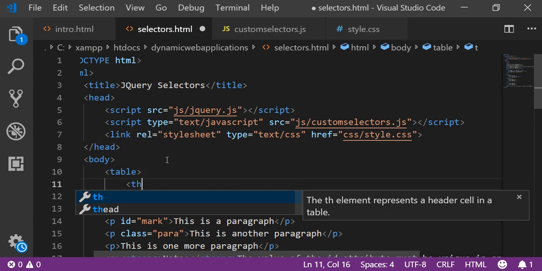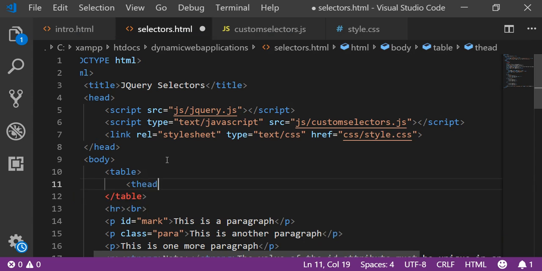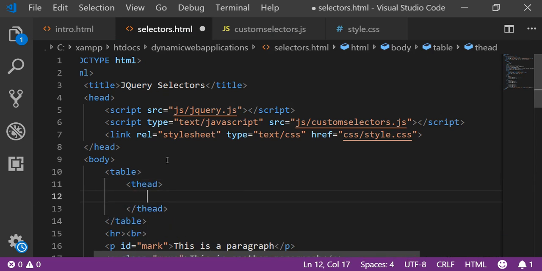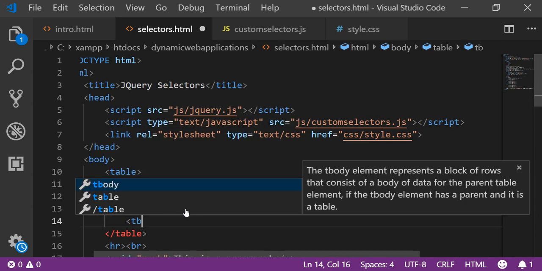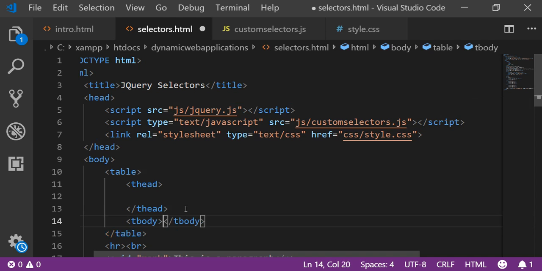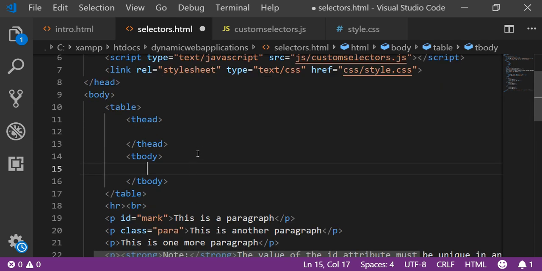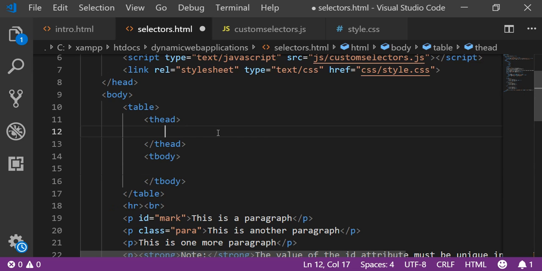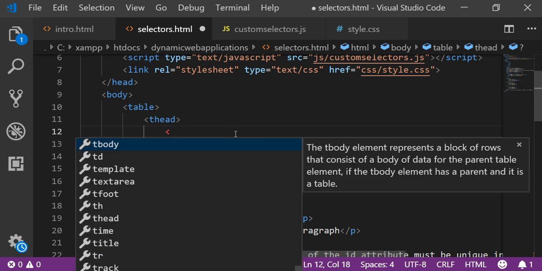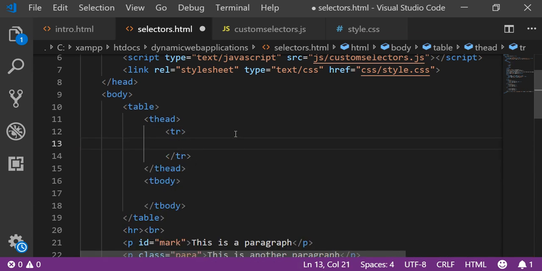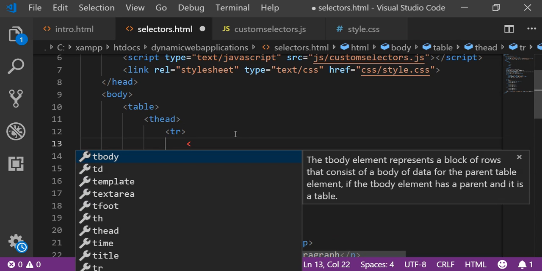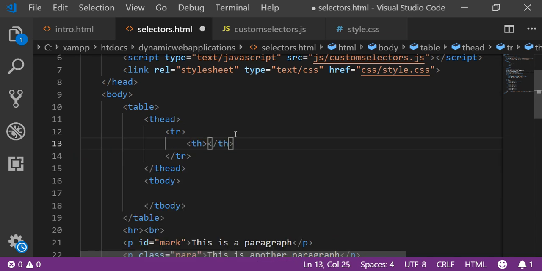So we need T head, and our T body. If you remember the structure of a table, it's all comprised of rows. So we need our first row, and our table headings are going to be number,